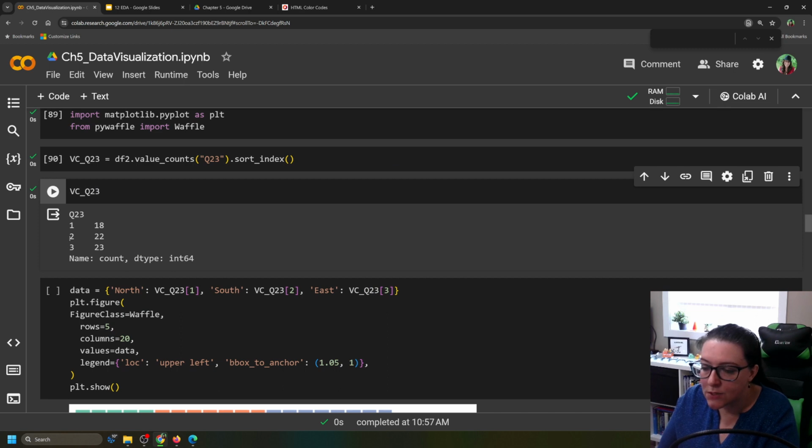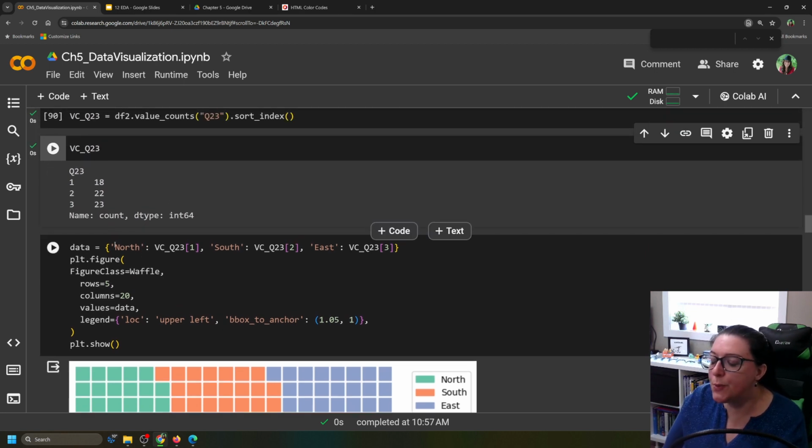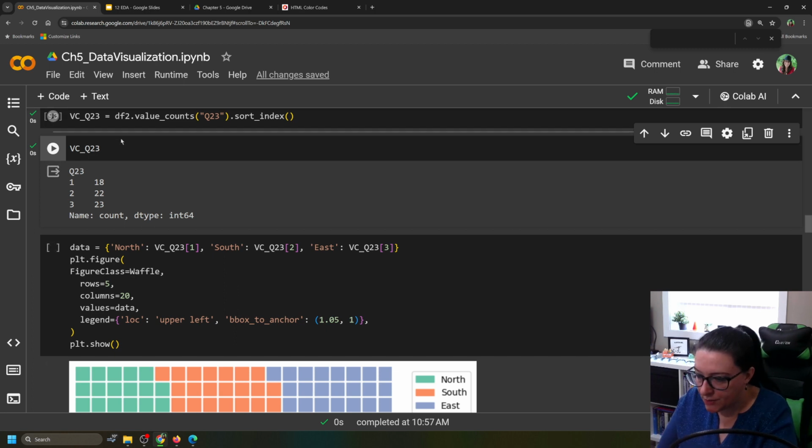And here it has our 1, 2, and 3 locations and our numbers 18, 22, 23. So what we're going to do is say north, that's this one here, and VC underscore question 23, the location is 1. And then for south, VC question 23, our location here is 2. And east, VC question 23, hard bracket 3. So what we're doing here, if we just do this, VC 23, 1,